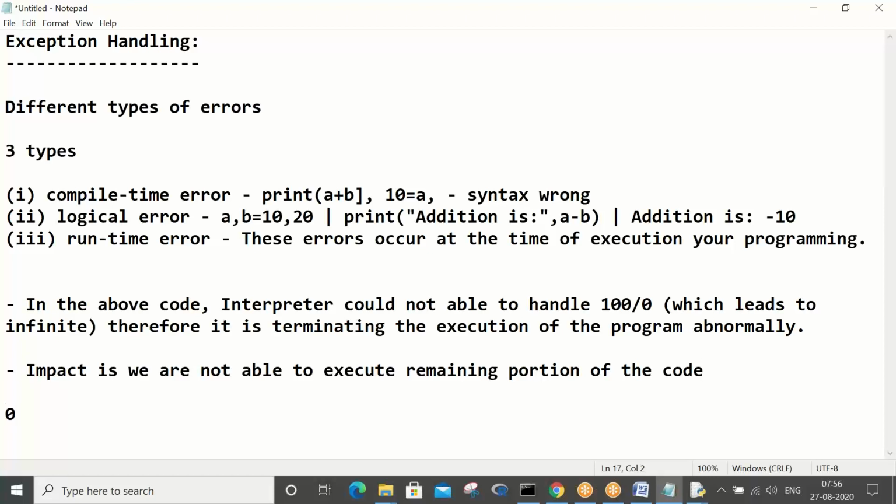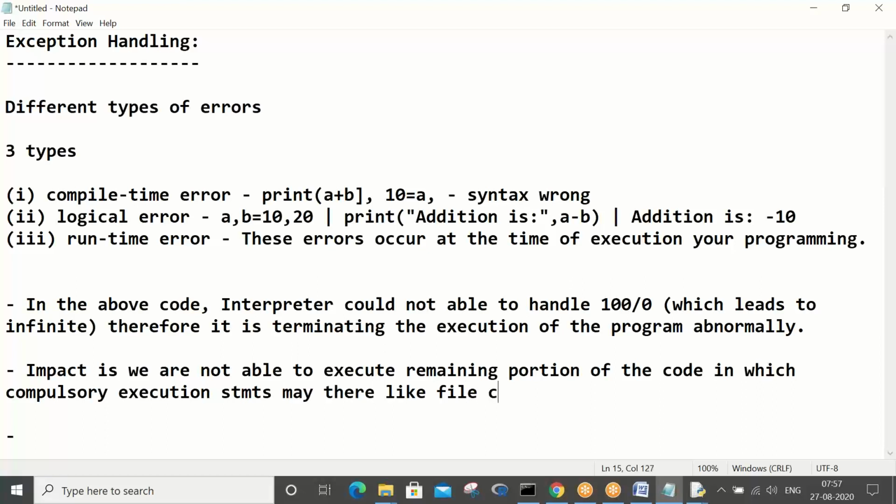In which compulsory execution statements may be there, like file closing. I'll tell you that.